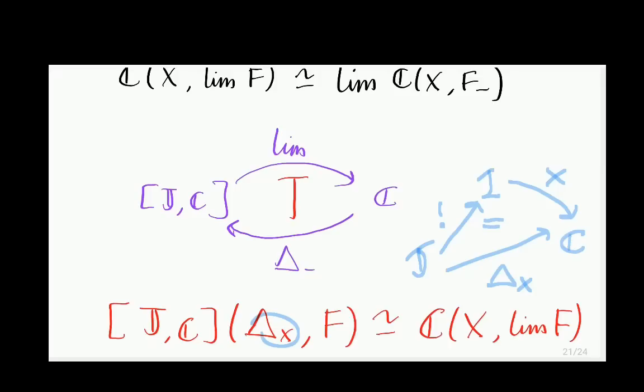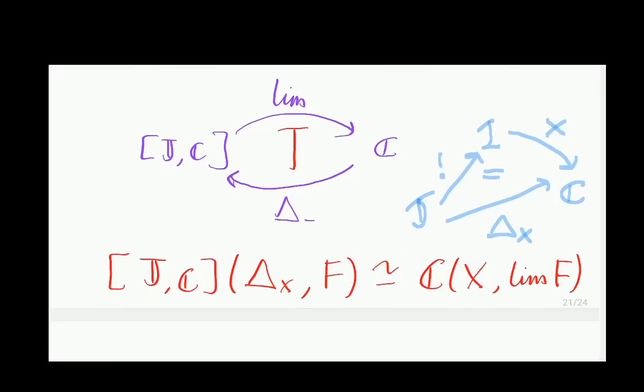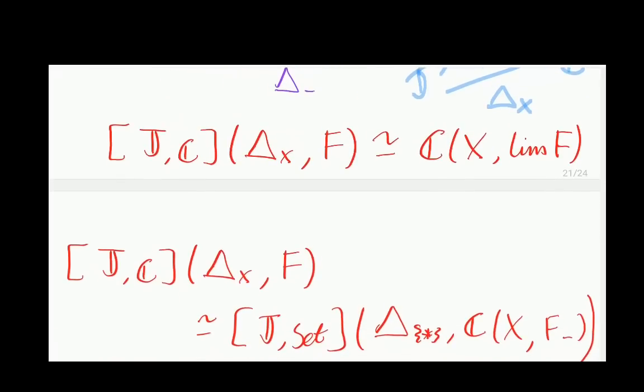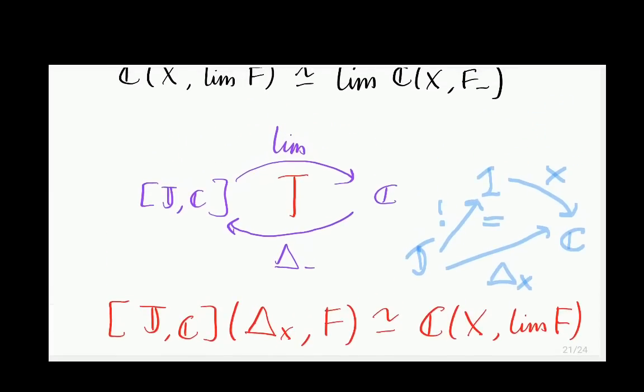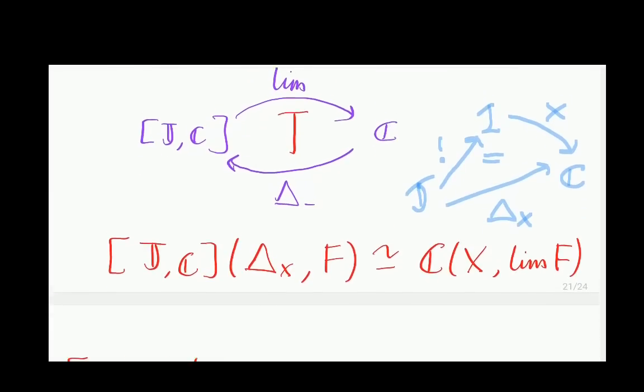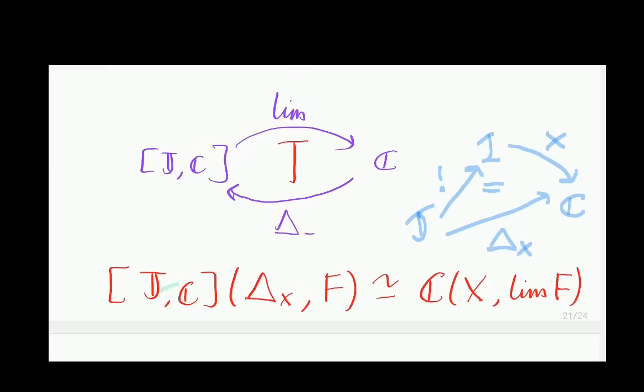Okay, so we already have this kind of natural isomorphism here. If this seems mysterious to you, you can look at my video on limits or adjoint functors. But yeah, we have this. Now, the key result that we need to do a sort of jump in reasoning is that these cones